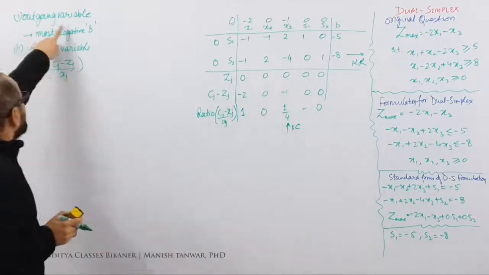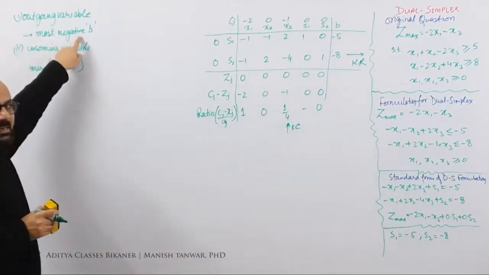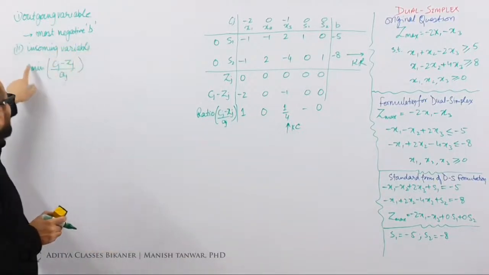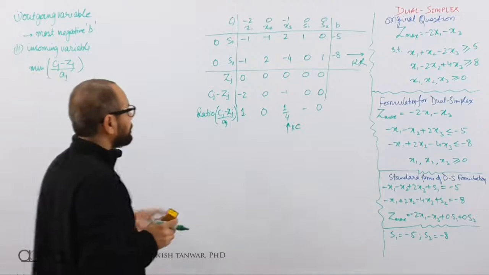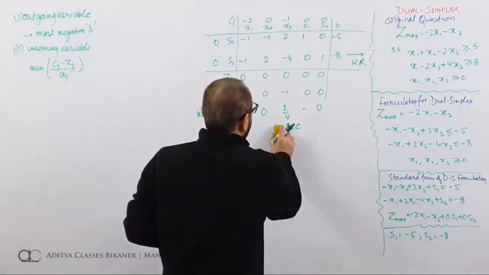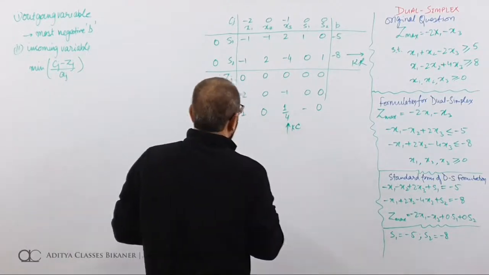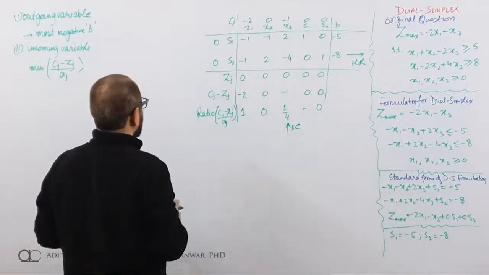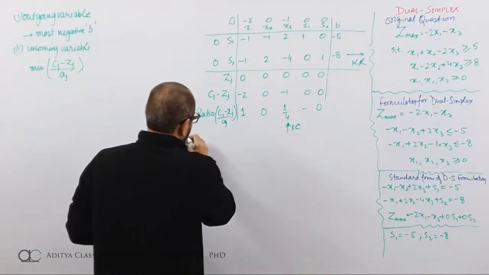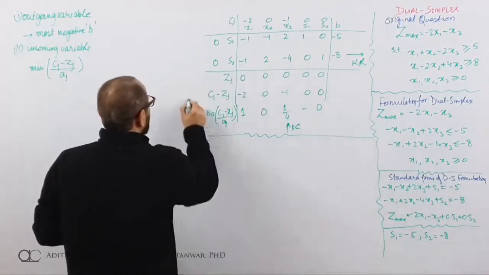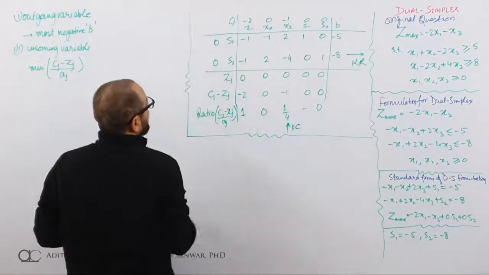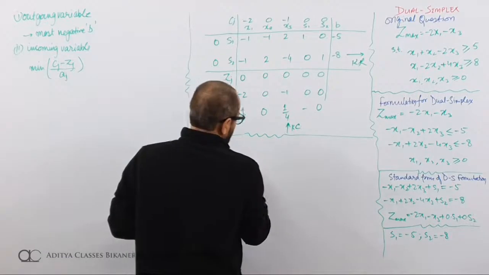The procedure is outgoing variable is decided from most negative b. Incoming variable is decided by minimum of Cj minus Zj upon Aj. This is minimum. So let us transfer these values to our new simplex table. Our new simplex table would be